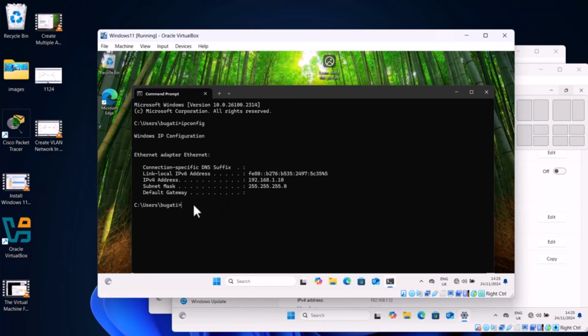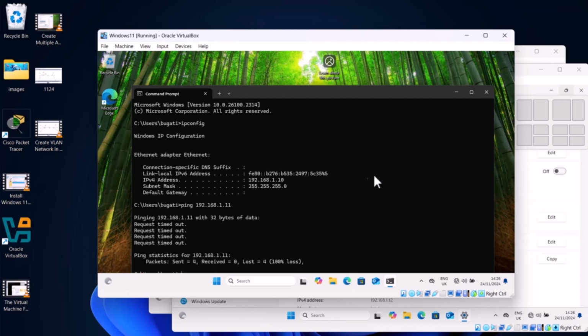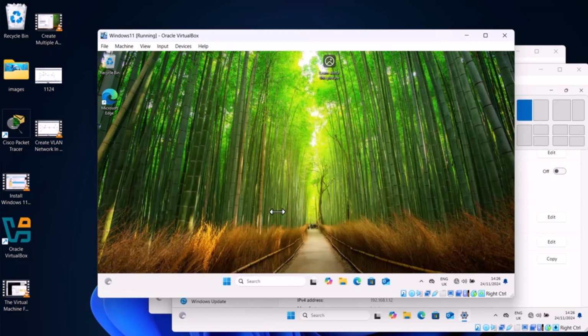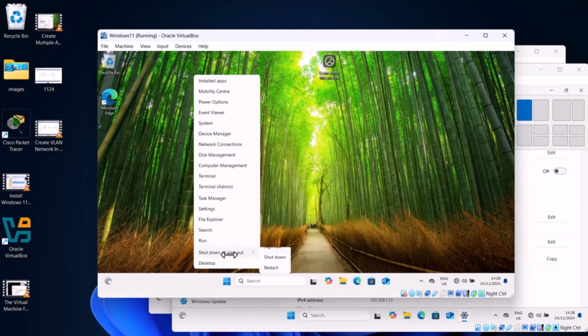So let's ping a second virtual machine, ping space 192.168.1.11, and hit enter. And if we still can't ping, as you can see in this scenario, we need to disable firewall, as the firewall is not allowing ping requests to other virtual machines. And to do so in all virtual machines, let's disable firewall. So right click on start. I will not be configuring firewall in this video. We could simply configure to allow these ping requests, but I will be simply disabling as I am creating this